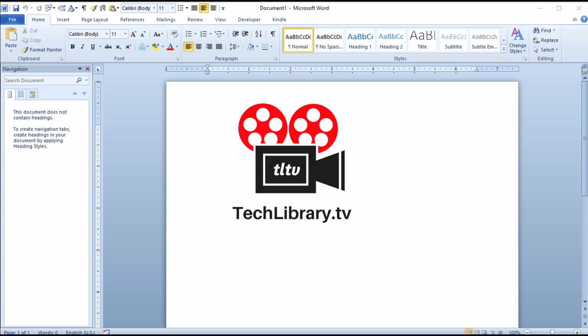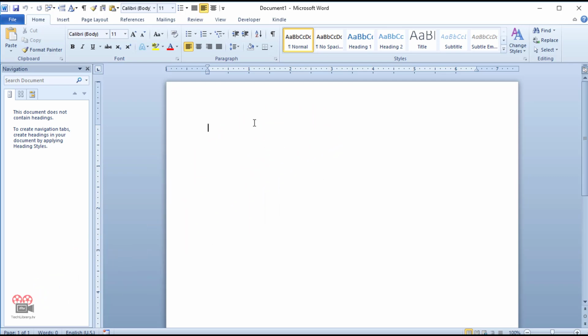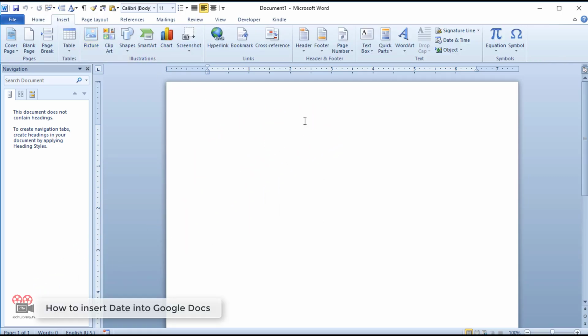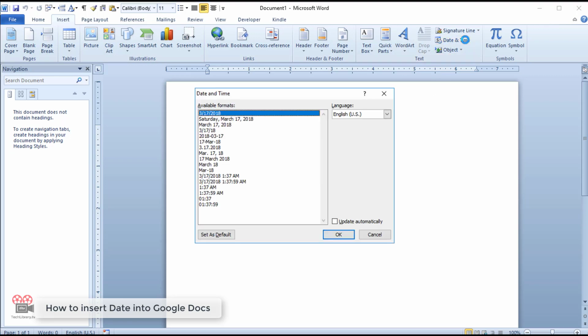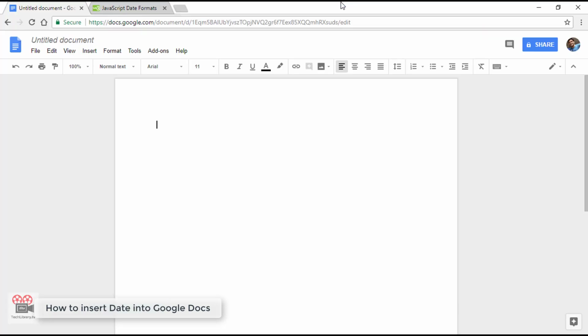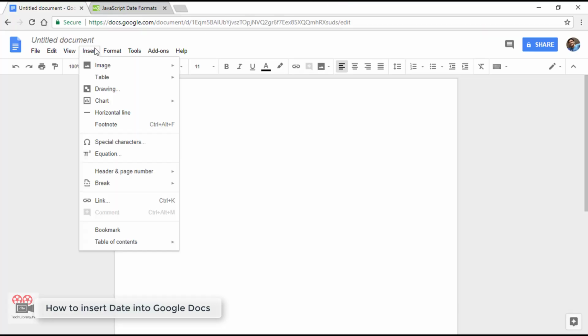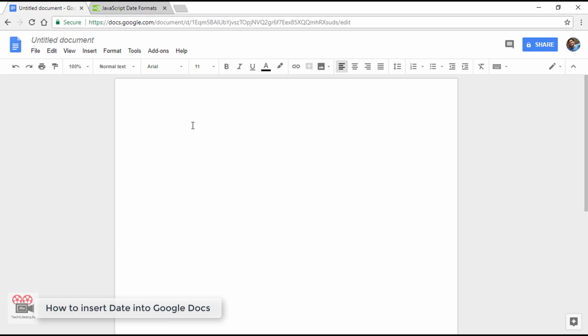If you are using a Word document and want to insert the date and time into your document, there are plenty of options like this one. We can even customize them to any format we want. But if you use Google Docs to write and maintain your documents, you might have noticed that there is no way to simply insert the current date and time into the document like how we did in a Word document. Although it's shocking to know that Google hasn't yet made that feature available.